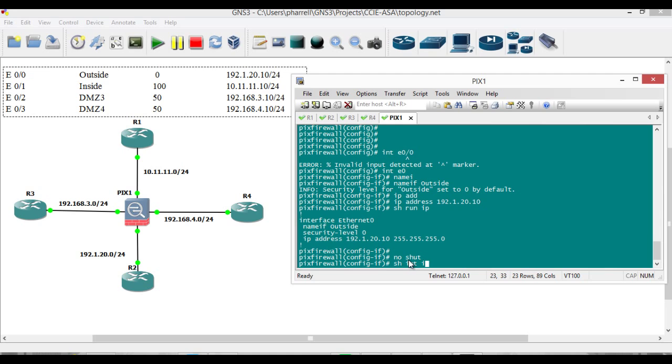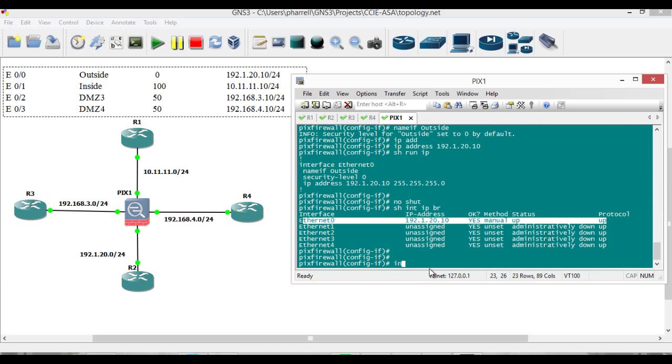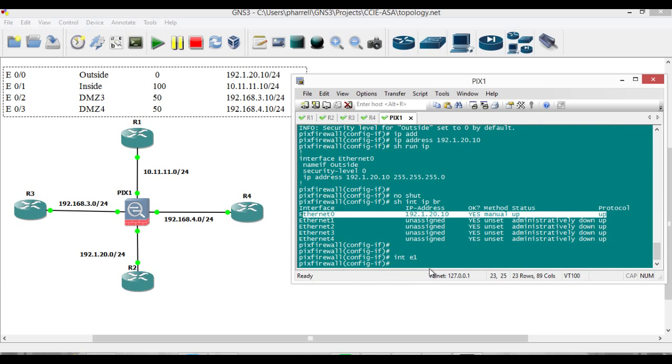So when I put show interface IP brief, you see that my interface is what? It's up. I'm gonna do the same thing for interface E1. My interface E1 is inside. What did I tell you? When I put name if inside, and let me also follow the naming. The naming is there, so it's gonna be inside INC, not like this, like this. Okay, when I press enter,